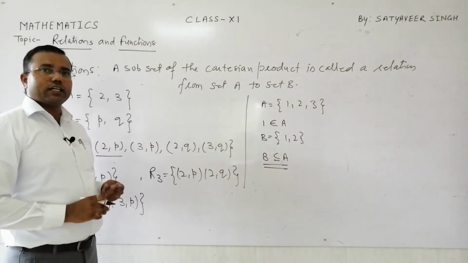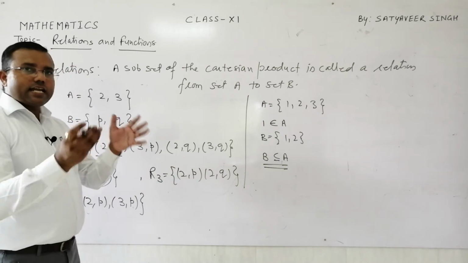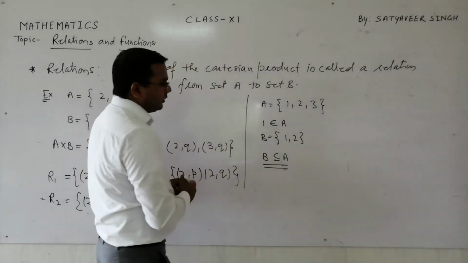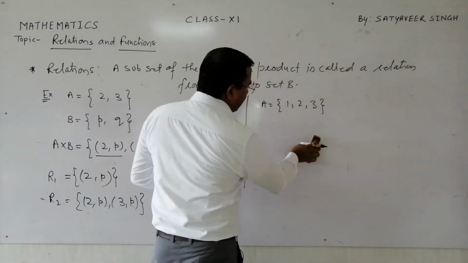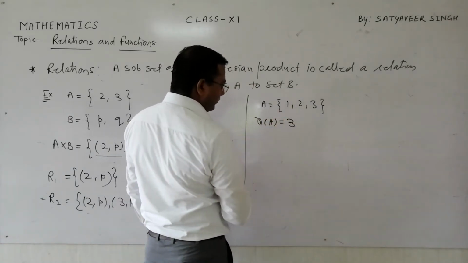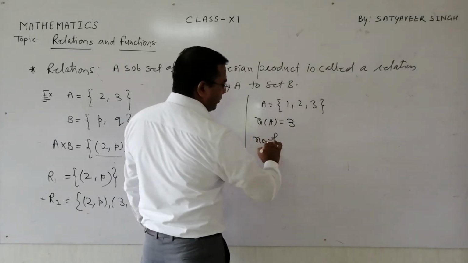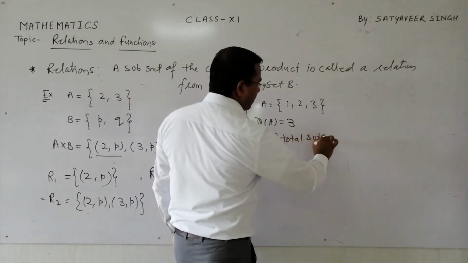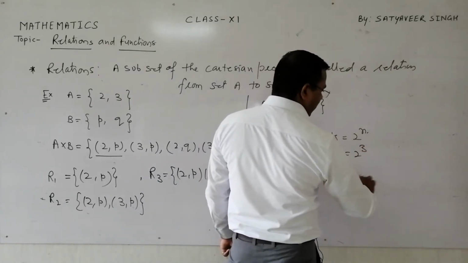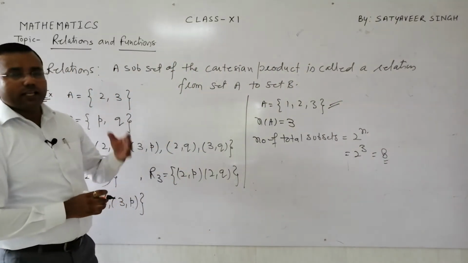You are the subset of your class. You are the subset of your family. Getting or not? India is the subset of the world. So like this we can understand what is subset. So how many total subsets are there? This also I discussed. Here the cardinality of the set A is 3. The number of total subsets is 2 raised to n. It means 2 raised to 3, which is 8. In this set, if you find the subsets, there will be a total of 8 subsets.